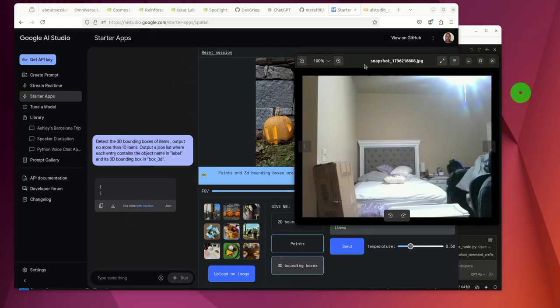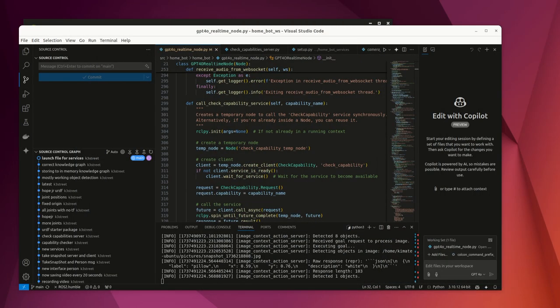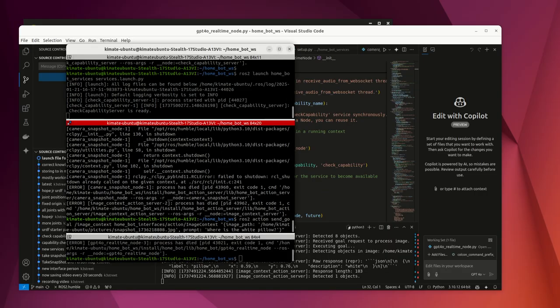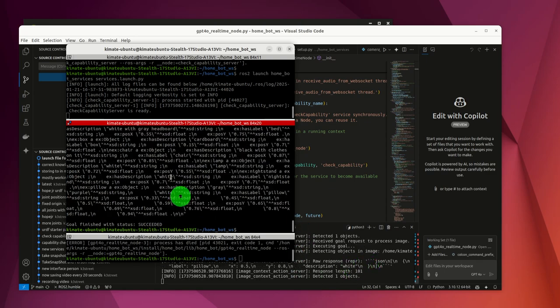So that being said, looking back at my code here, I'm going to do something similar. I'm going to detect the items. You can see here I'm running an action server that's going to detect some items. And in particular, I'm looking for my one item, which is where's the white pillow. So I'm going to just say, where's the white pillow? And my action server is running. And what it gave me back here is,